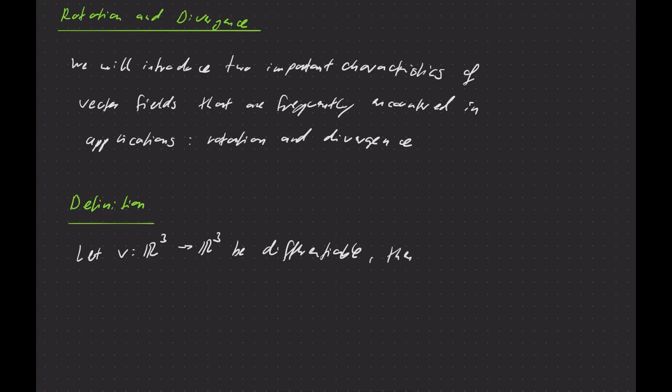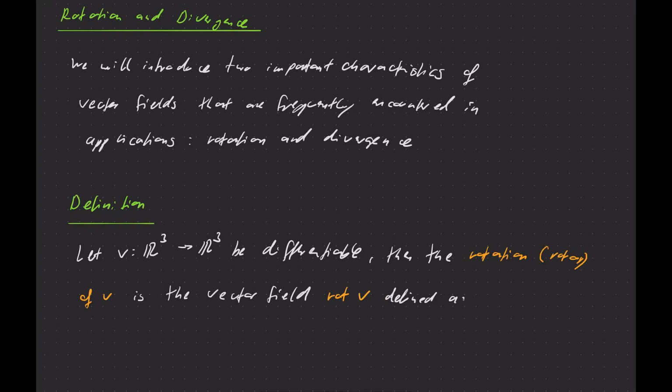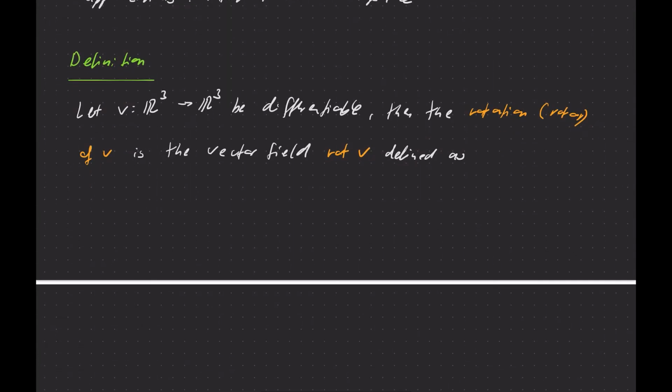And then we can define the rotation, sometimes also called the rotor of V, is the vector field denoted by rot V, rotation of V, defined as, and the definition is the following: